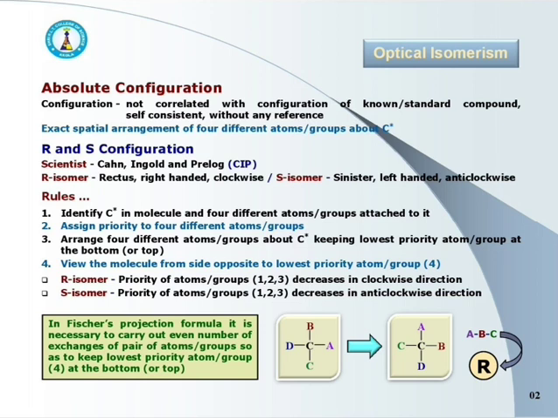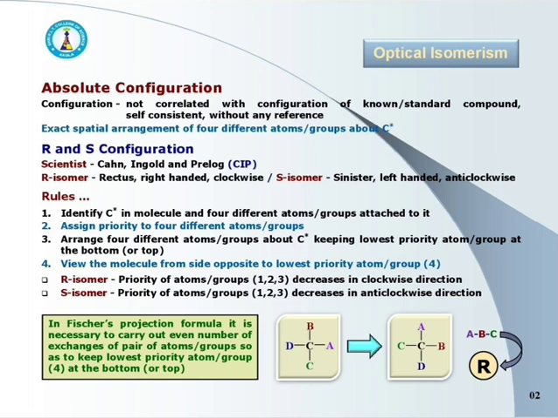For that we have to carry out an even number of exchanges of pairs of groups, that is 2, 4 or 6 exchanges. Here the position of group C is exchanged with group D, and so group D comes to the bottom position, but as we have to perform an even number of exchanges, the position of group A is also exchanged